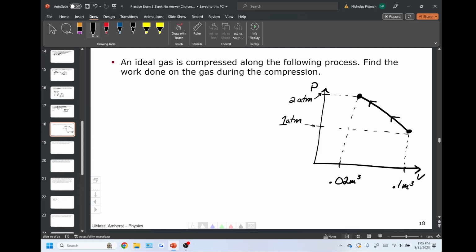Okay, this is going to be about the area under the curve representing work, and we're just going to need to be careful about the sign, and we'll check the sign at the end just to make sure we didn't do anything wrong. So work is the negative of the area as long as it's going left to right. However, in this case, we actually have a right to left graph, so we're going to end up with a positive number because the variable area is negative, and we have to take another negative of that to get the work. So the height is in atmospheres right here, so I'm going to quickly convert